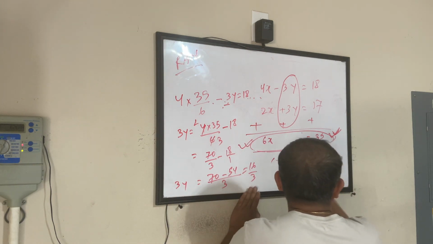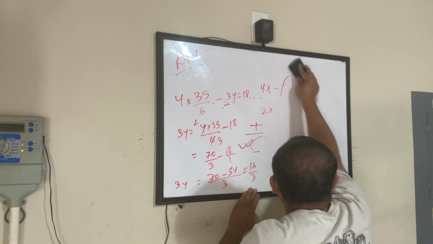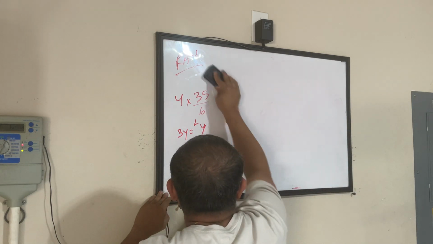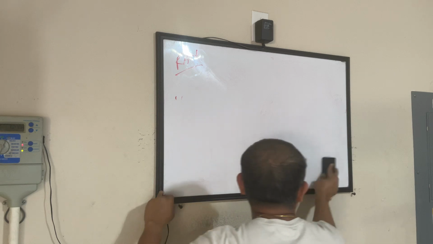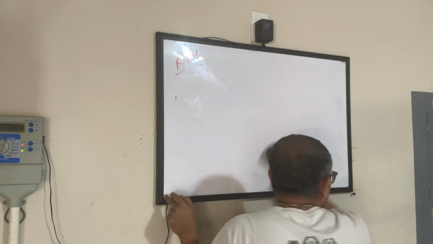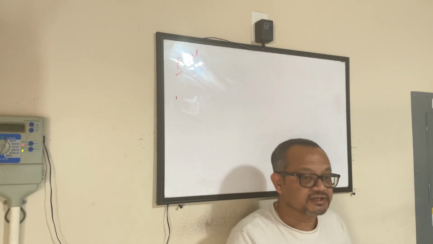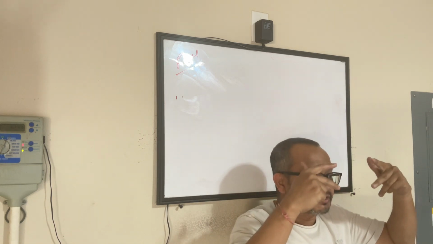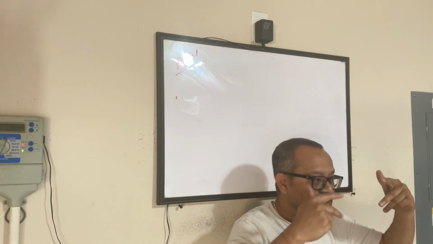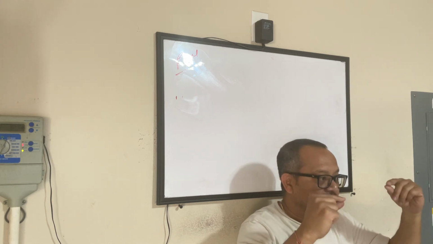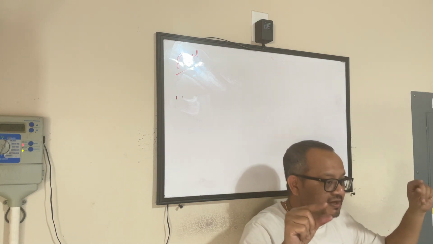A teacher has given you an example and he solved it based on his whims and fancies without explaining to you guys how it works. Because I didn't want to explain that. I wanted you guys to take one message: if I have a system of equations with two variables, my goal is to get to a place where I have one equation with one variable